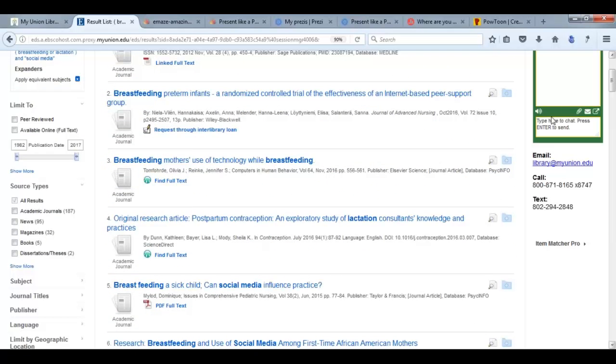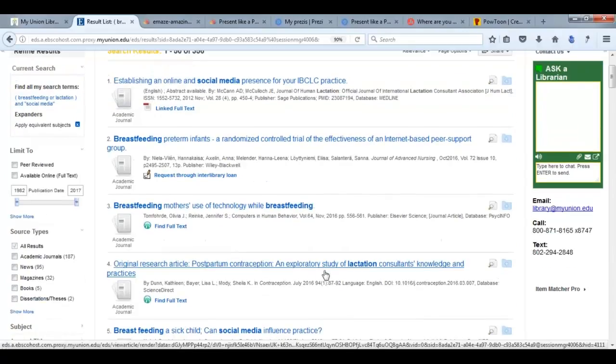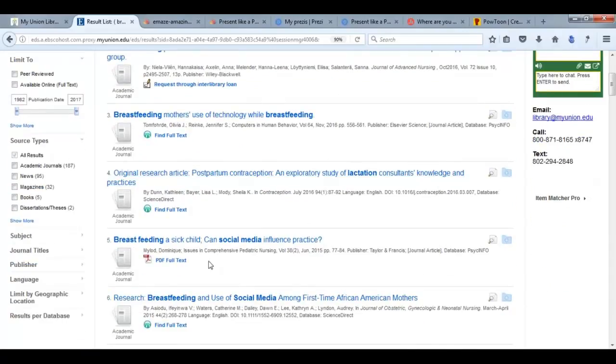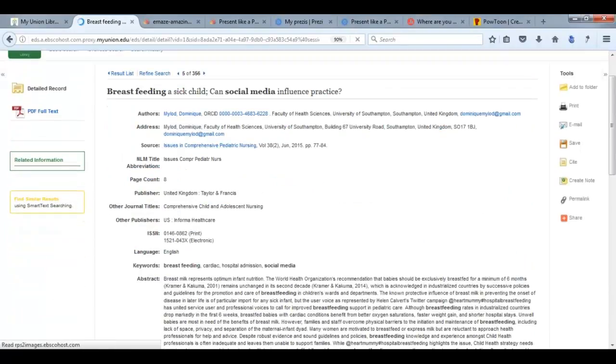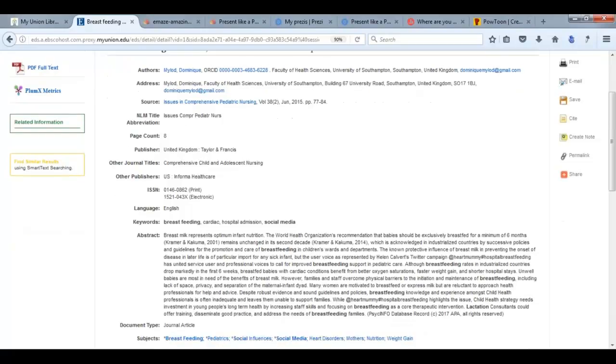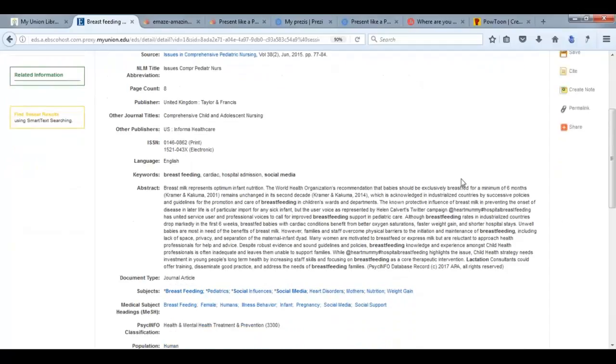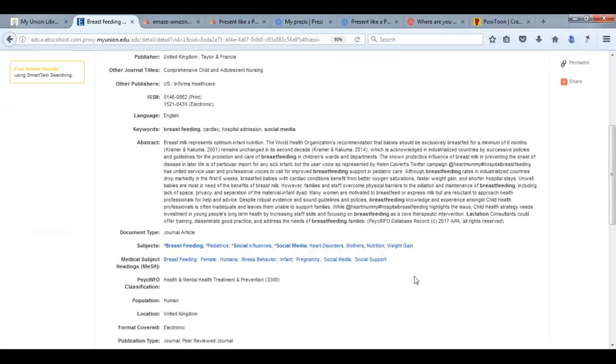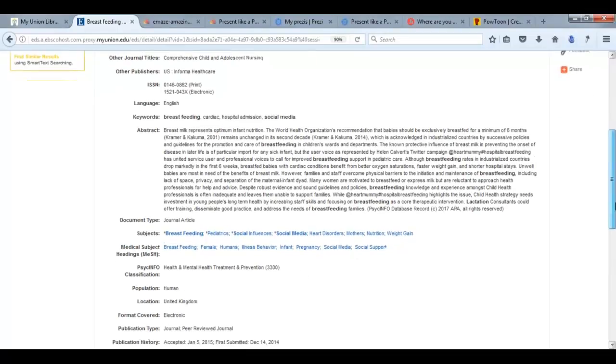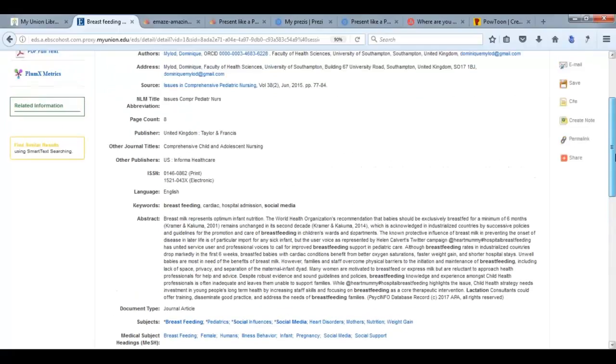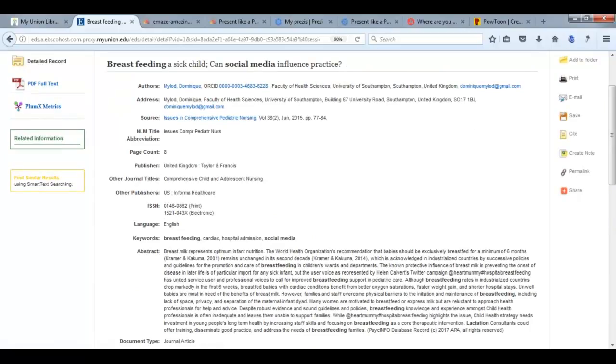If you find something that you would like to utilize in a presentation or paper, what you want to do is click on the title of the item, which is the blue link, and that'll take you into what we call the detailed record. And this includes the abstract of the item, so you can read a short paragraph to see if it is actually relevant to your topic. It gives you a lot of great subject terms as well. And it'll also give you the publication information. So if it's from a specific journal or a newspaper, that will be listed here,